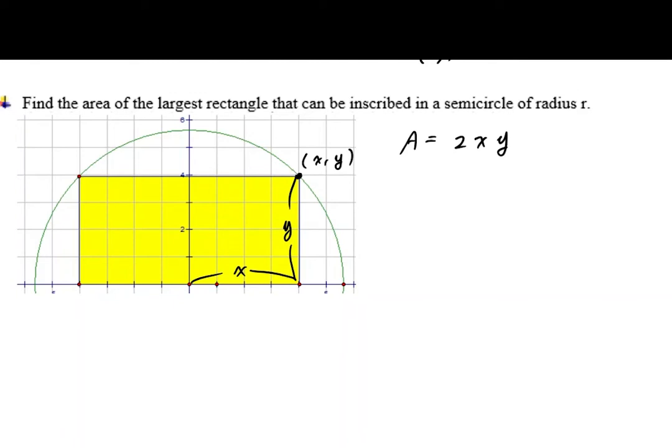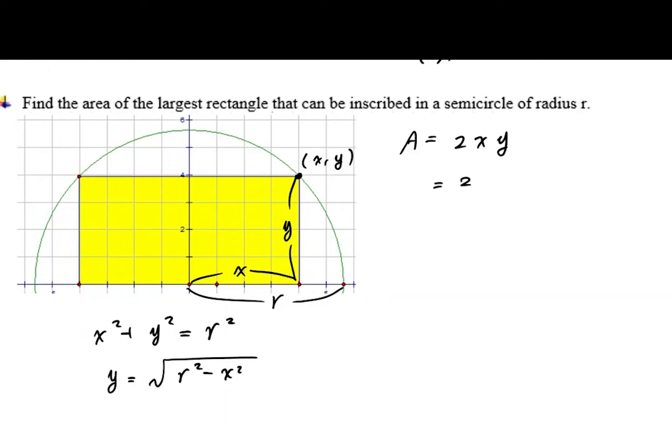More importantly, we need a relationship between x and y in order to avoid multivariable calculus. Now, if the radius of this is r, what would be the relationship between x and y? Right? Okay, so we can do the same thing and solve for y, and substitute it here. And then